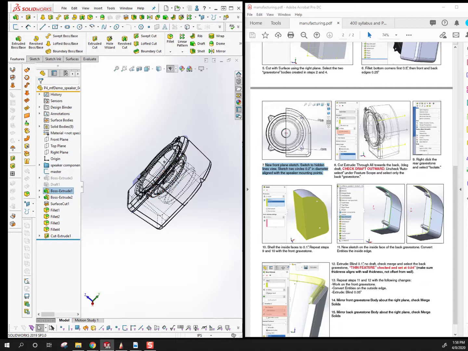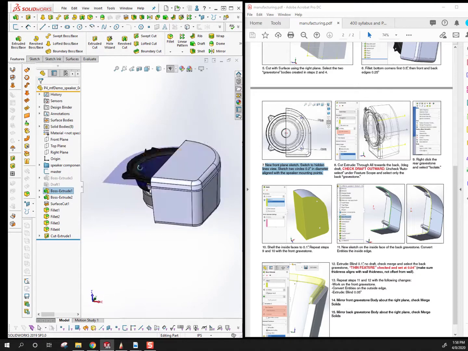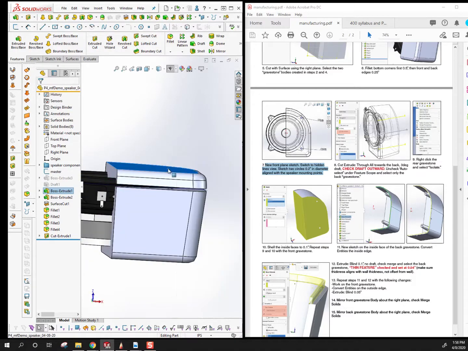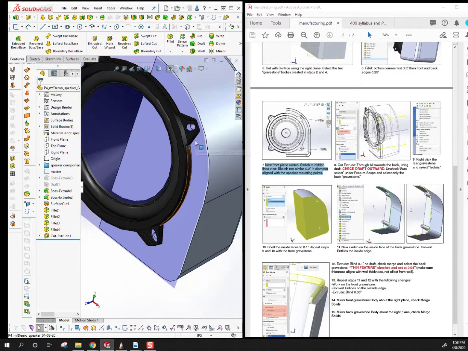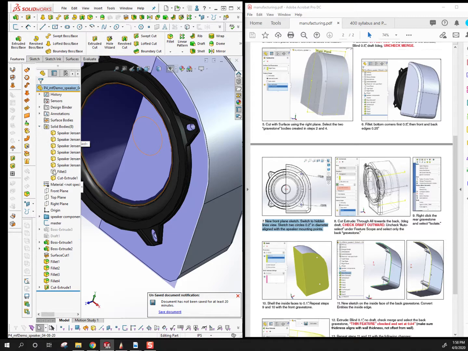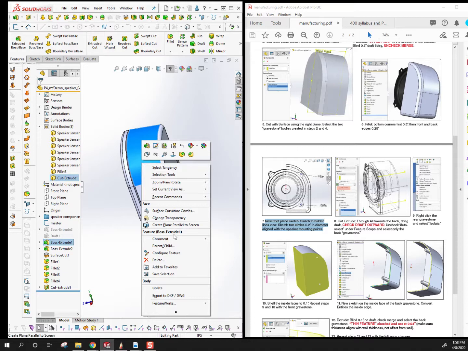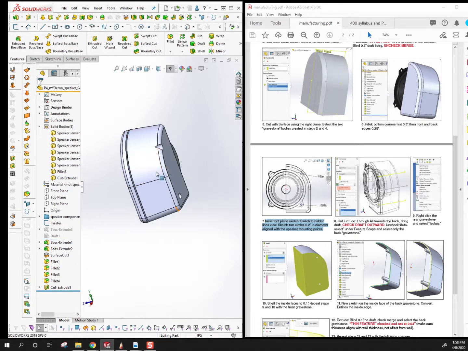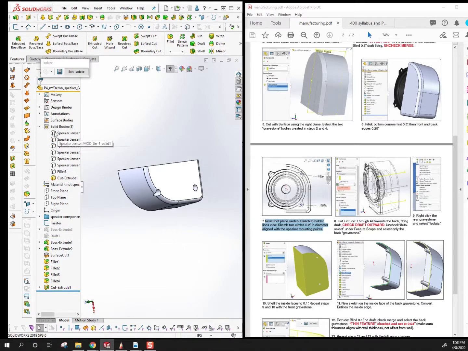All right. Let me switch back to regular view here. So what we created, and this will be more clear in a minute, is basically representational mounting points for the speaker. The next thing it asks you to do is to right-click on this back body and say isolate. This is something new for workflow that I haven't introduced yet. By right-clicking on a body and selecting isolate, you'll notice here in my tree, it automatically hides everything except for that